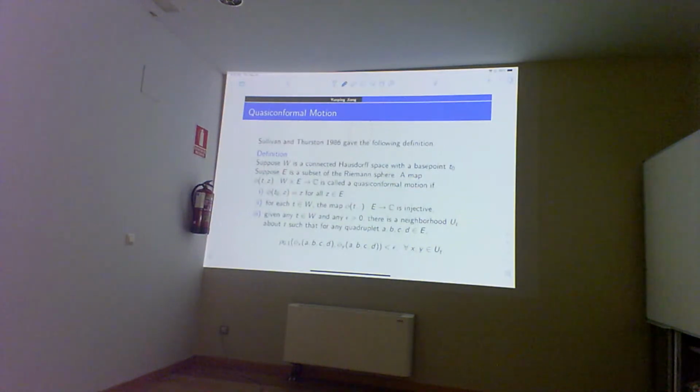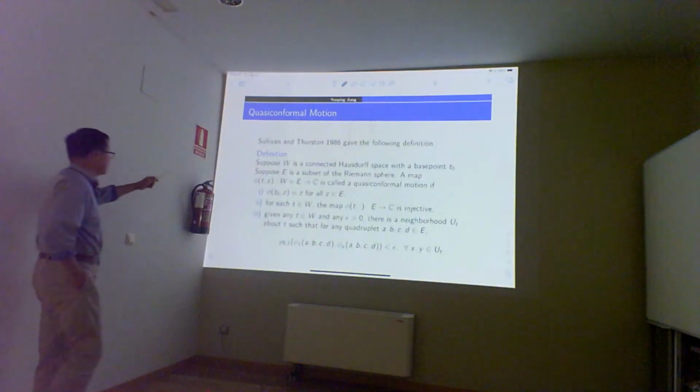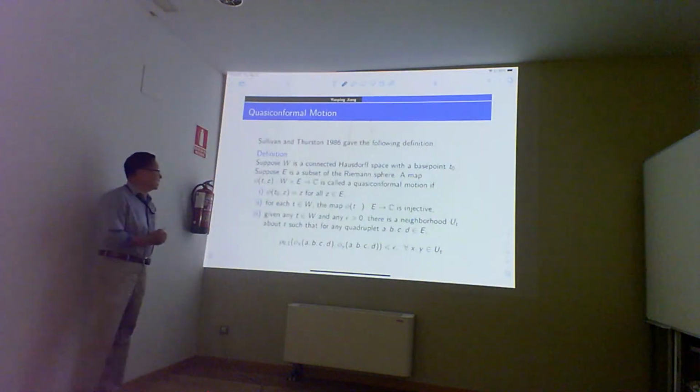But since we could not define the holomorphic motion on the whole Riemann sphere at that time, they said, let's change the condition to quasi-conformal motion. So they relax the holomorphic condition by a quasi-conformal condition. That means now we can take